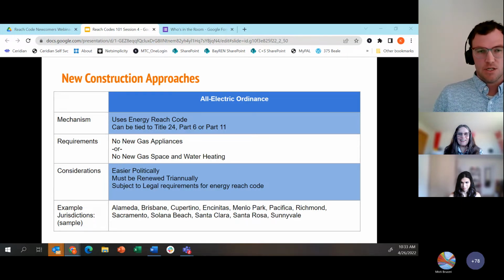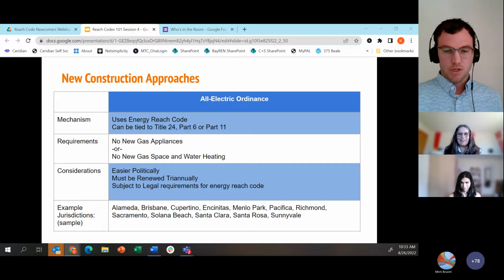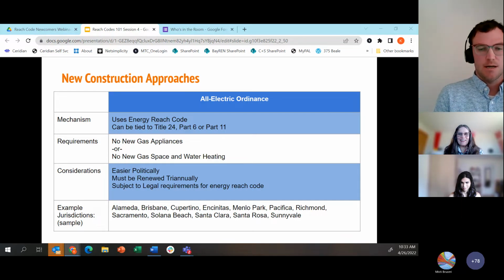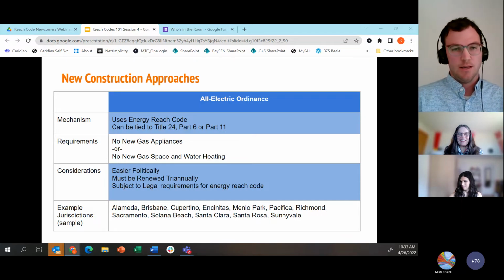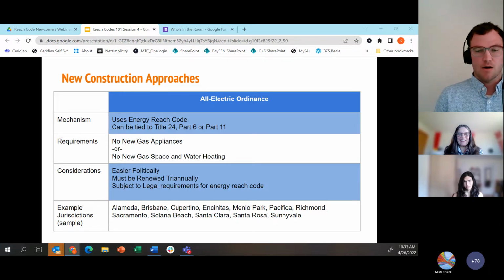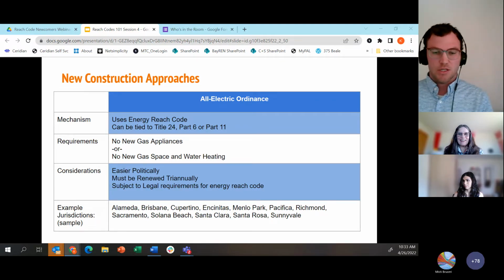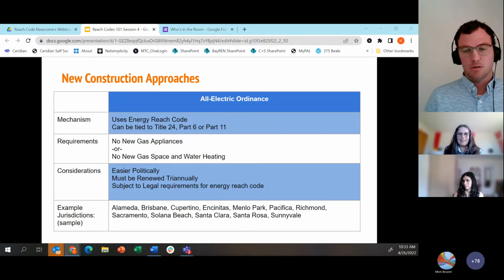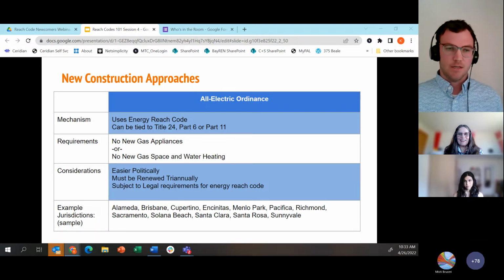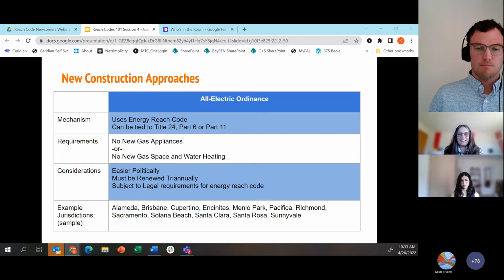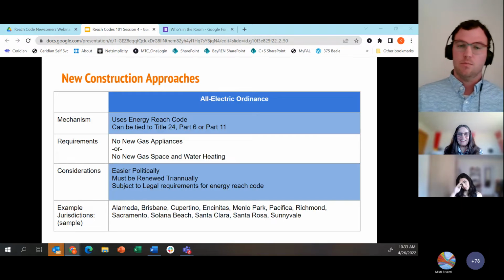If a jurisdiction chooses to just focus on an electrification ordinance, then the recommended route is to go through Part 11. If the jurisdiction chooses to add additional measures that affect energy efficiency or energy conservation, those measures need to be tied to Part 6.